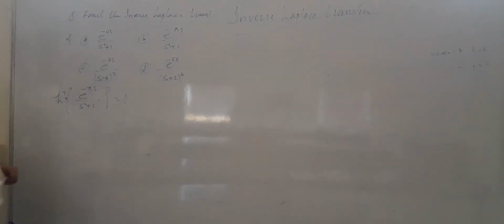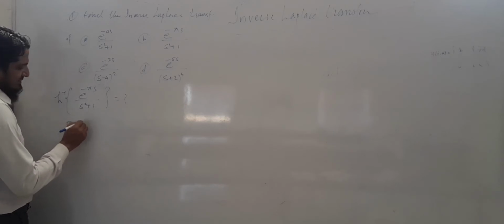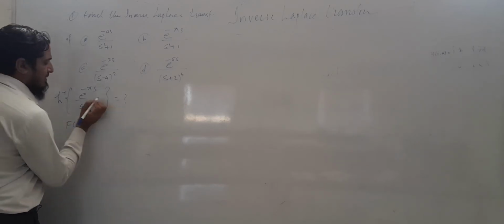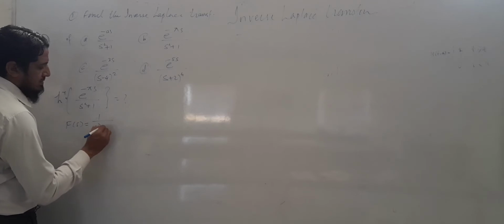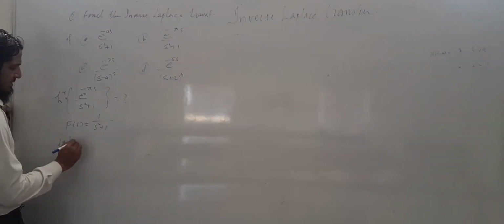We have to find the inverse Laplace transform of this function. Here we have F of s equal to 1 upon s square plus 1. So taking the inverse Laplace transform of this,